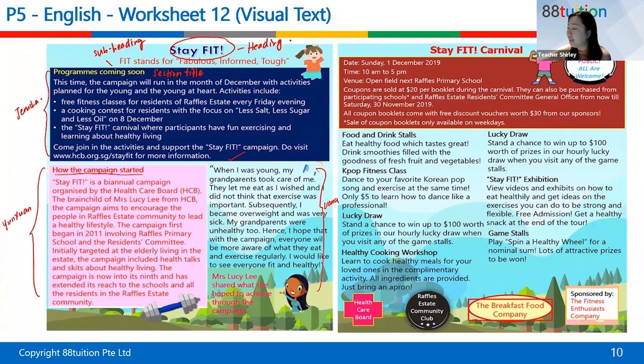Okay, who is next? Let me see. Okay, never mind. I think I'll read this portion for you, okay? Because given that some of your connection is really not too good. So the date is on Sunday, 1st December. I think all these are the information that are required for you to attend the carnival, right? So 1st December 2019, the time is 10 a.m. to 5 p.m. Venue is the open field next to Raffles